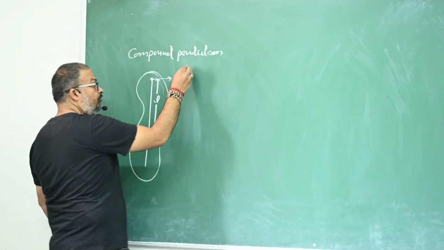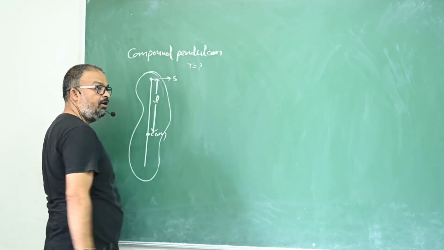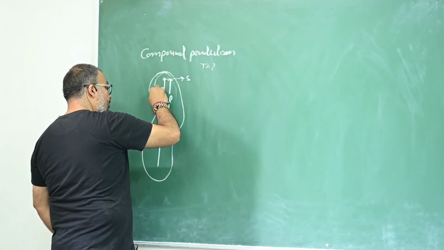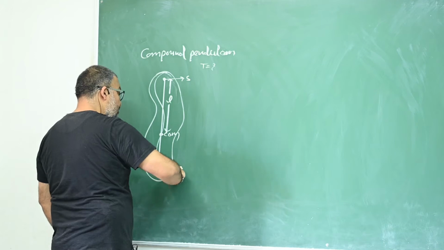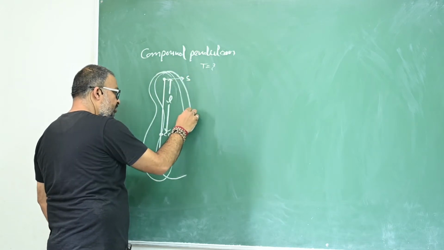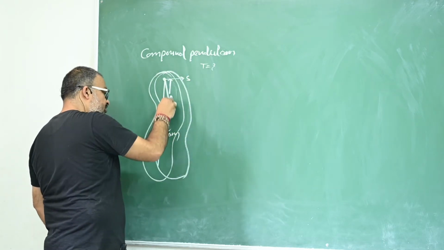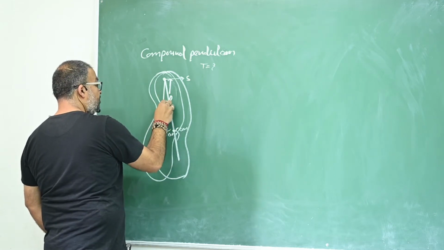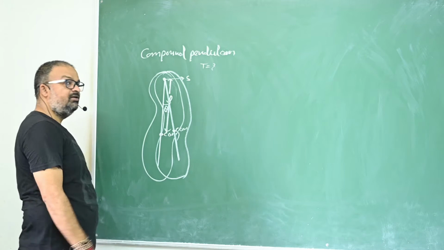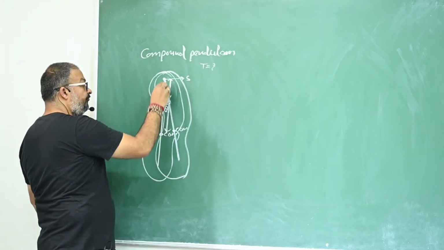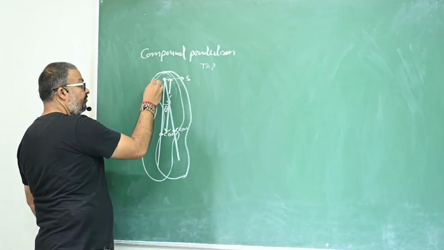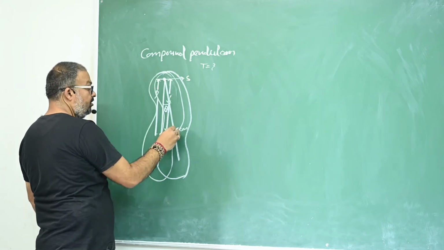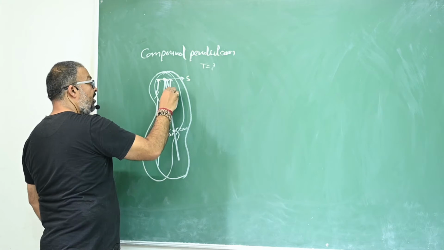And what you have to do, you have to find out its time period, right? How to find out this time period? We will give some angular displacement to this rigid body. This is the center of mass, and it has given some angular displacement, let's say theta. The distance of the center of mass from the point of suspension is L, right? So this distance is also L.